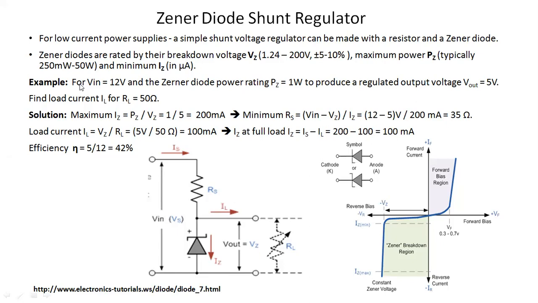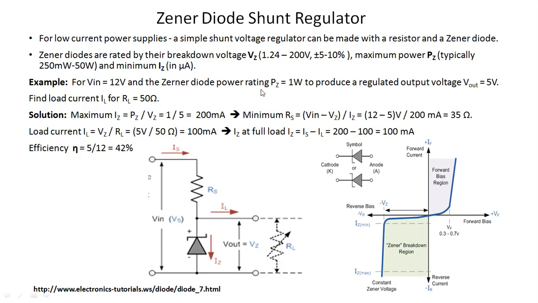And when we talk about the Zener diode, we should be aware of the VI characteristics graph for the Zener diode, because here you can see in reverse bias the Zener diode current increases from IZ minimum to IZ max, and this region we call the Zener breakdown region, and the Zener diode works in reverse bias. So if there is one example, like for this circuit we can take an input voltage of 12 volt